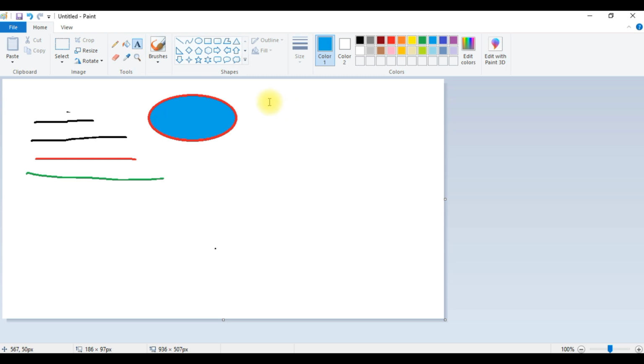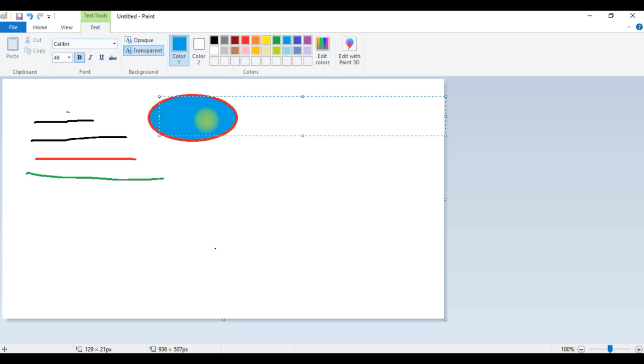And if you want to add text, you can just click and do like this. Here you can type your text.